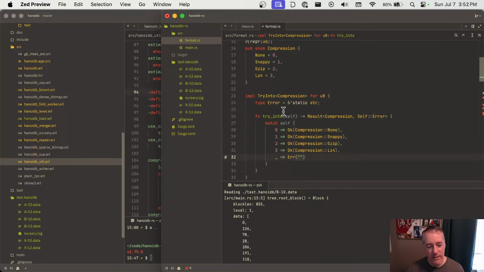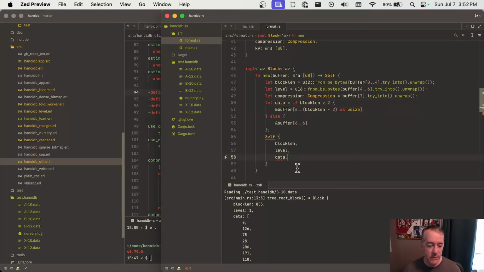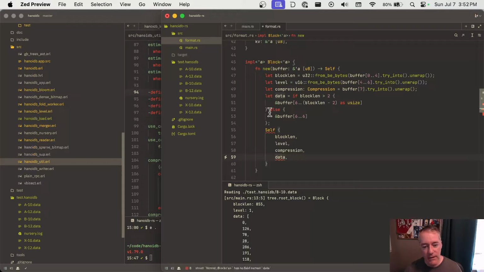We'll say error, invalid compression value. Okay, so now we can convert that, and we'll say compression, right? And also here too,